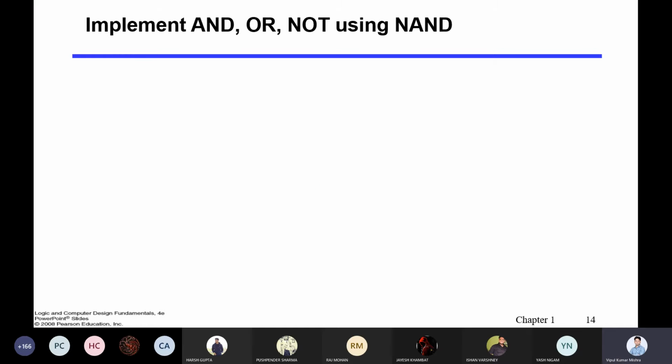Let us implement AND or NOT using the NAND gate. If you are able to implement AND or NOT using the NAND gate, then you can make any circuit using the NAND gate. So let's start with the NOT gate. This is the simplest one. In the NOT gate, how many inputs? Guys, in the NOT gate, how many inputs? One. So what you will do is make a replica of this NAND, and let's look into this. What will be the output?